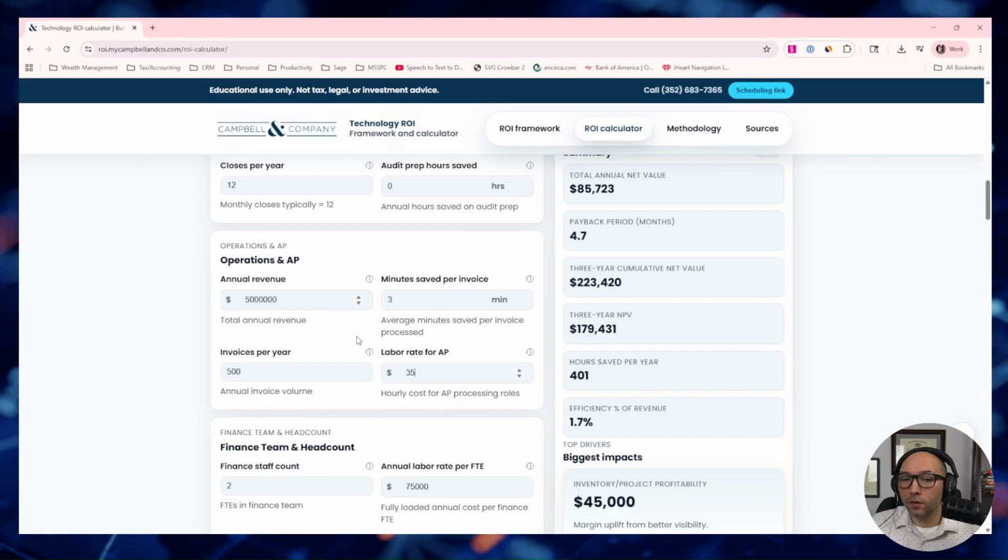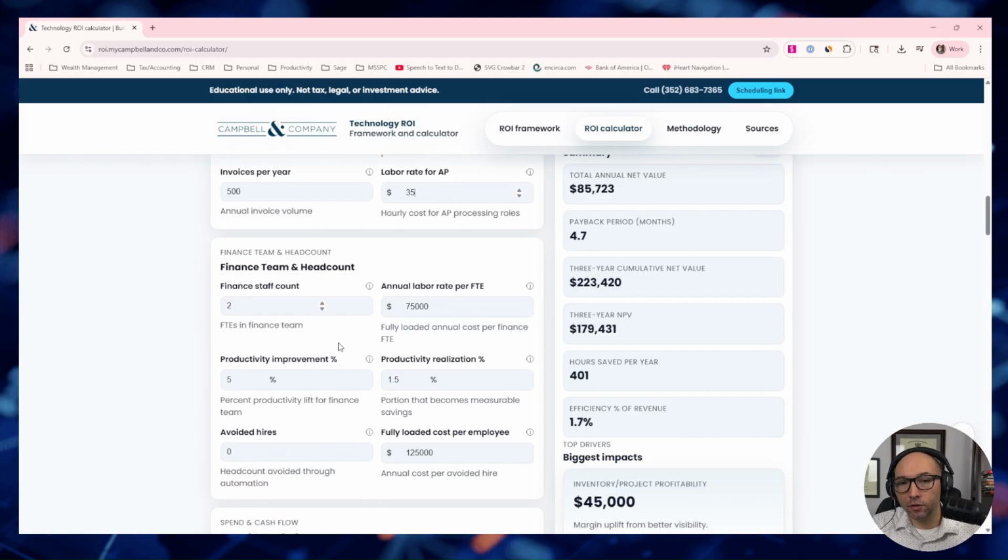Next, finance team and headcount. So here's where you're going to put the number of team members on your finance team, your accounts payable team, whatever it might be, their average labor rate, and then productivity improvements. So based on everything that they're doing, what percentage, how much more will they be able to get done as a result of this investment?